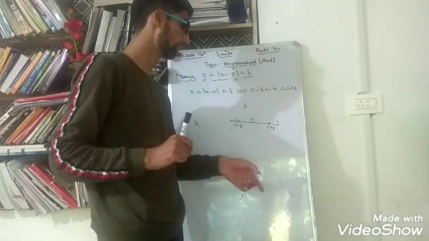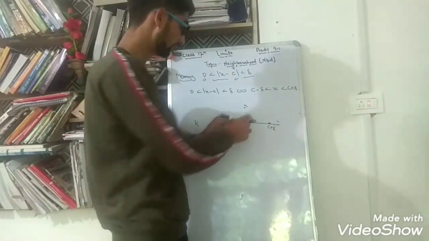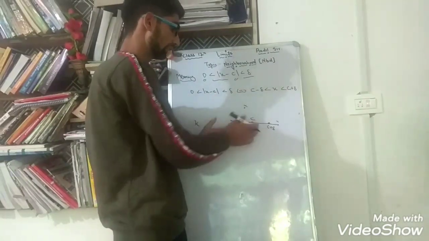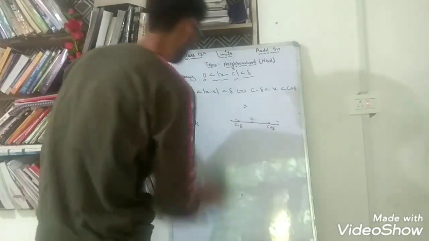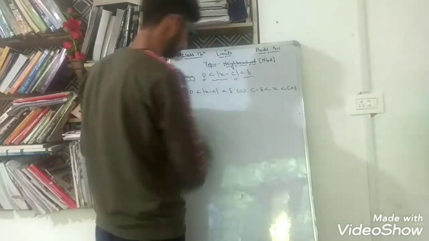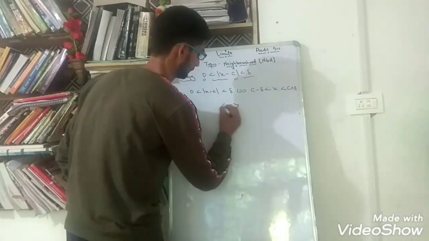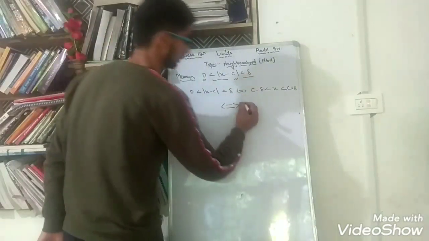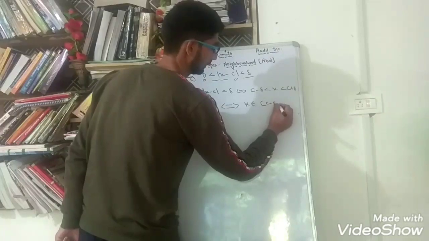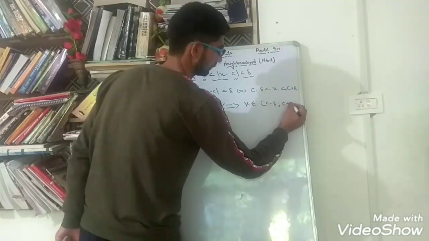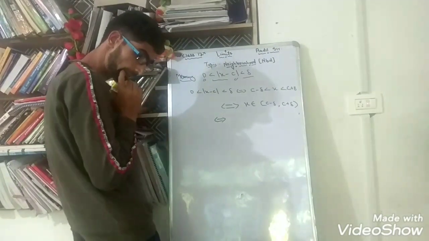So the condition will be satisfied only when c minus delta is less than x, and x is less than c plus delta, when x is between c minus delta and c plus delta. So it is the answer here, if and only if this means x belongs to the open interval c minus delta to c plus delta, if and only if